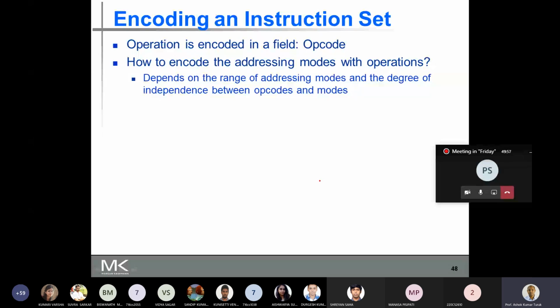Then how do you encode the addressing mode for each of these operands? That depends upon the range of the addressing modes and the degree of independence between the opcode and the addressing modes that will be used. Now let's look at instructions with many addressing modes and instructions with few addressing modes.